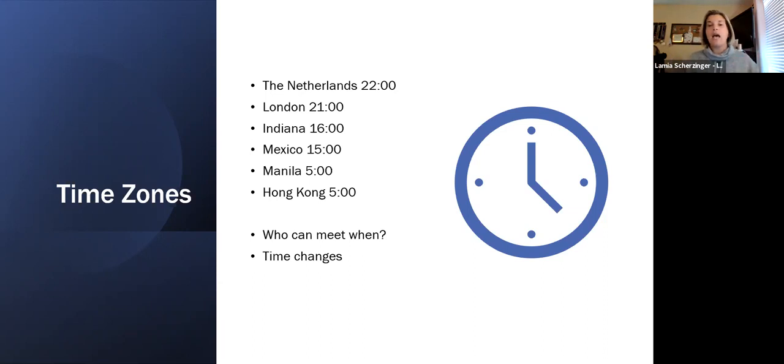So that affects it. I know that some of my colleagues have connections in Asian countries, and those are like 12, 13 hours difference. So you have to really take that into consideration of who you want to partner with, because if you want it to be synchronous, you're going to have to take that into consideration. And if you teach a 10 o'clock class here, you're not going to be able to implement that with a country like China, for example, which I think is 13 hours ahead. So it just wouldn't work. So you have to kind of take that into consideration.